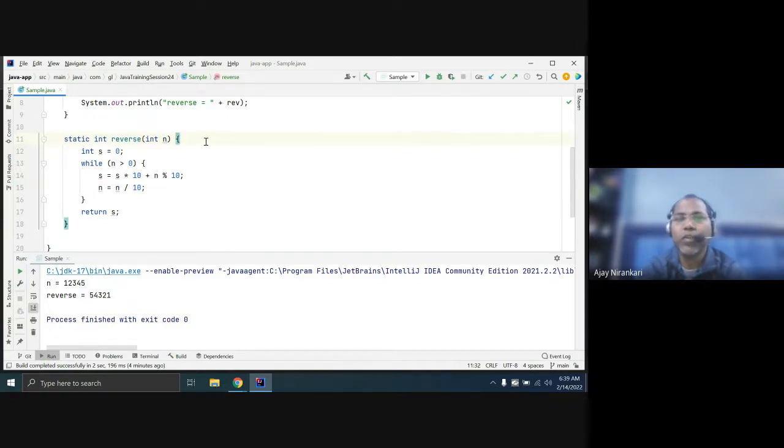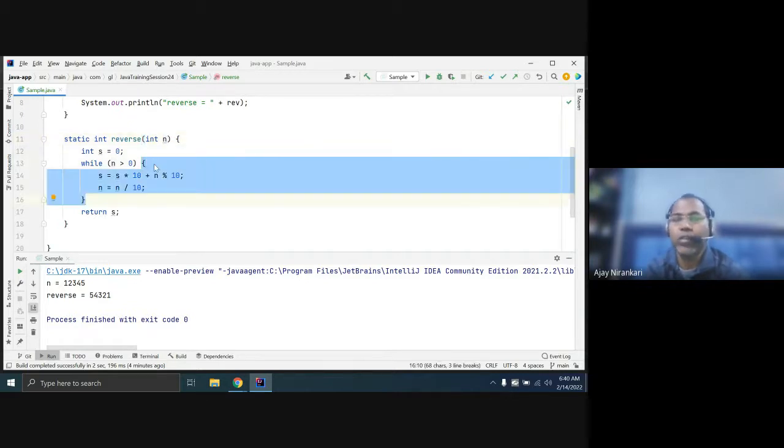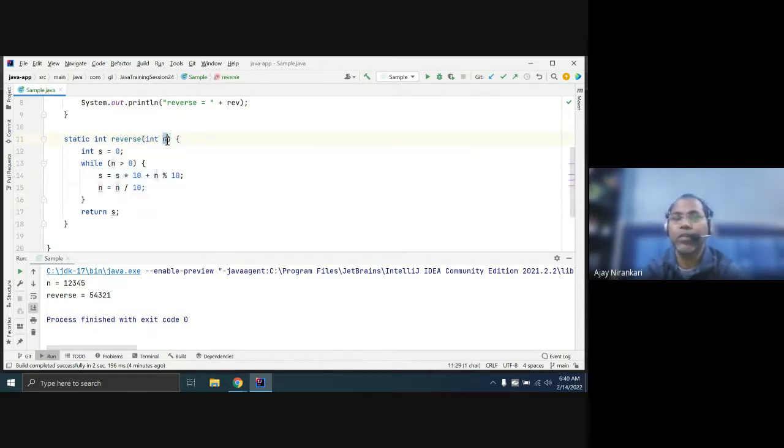Let's see the next question. Someone can ask you to reverse a string. That was the primitive number, that is good. Next time, someone asks you to write the reverse for any given string, any name, any characters. In that case, this logic does not work because this is a string.